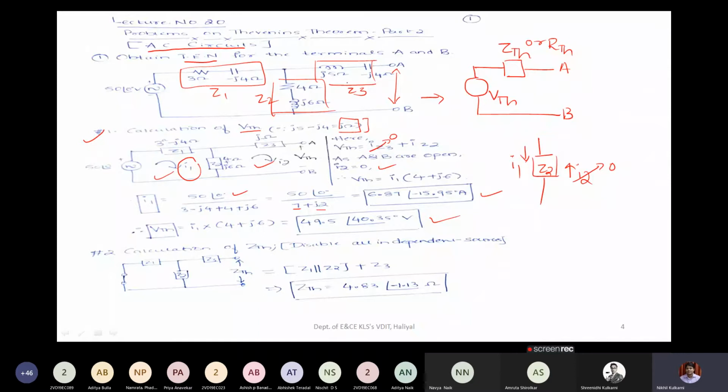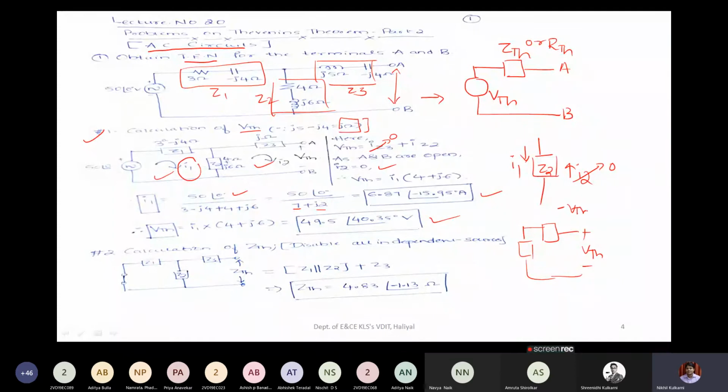So what we did here, since it is an open circuit, if you find any open circuit, keep one thing in mind: current will be 0 but voltage will be there, right? So you have to define VTH. You can define this VTH in many ways. So if I have this kind of circuit, and if I want to solve for VTH, you can apply mesh analysis here also.